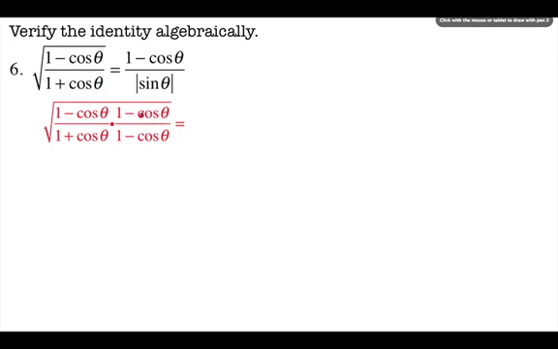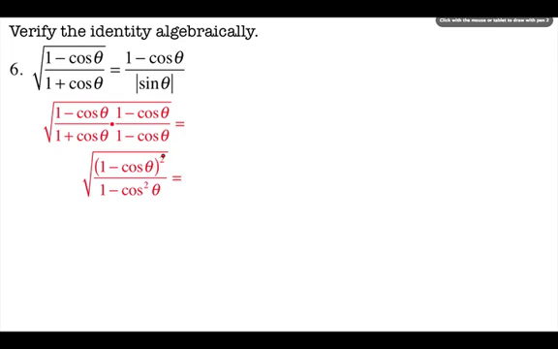And you should have seen something like this in algebra 2. You should have. The concept of conjugate should not be an unfamiliar concept. So now what I'm going to do is just FOIL. When I FOIL in the denominator, this is what I get. In the numerator, I just have this. I'm not going to FOIL. I take it back. Just FOIL in the denominator, but not in the numerator, because this is just 1 minus